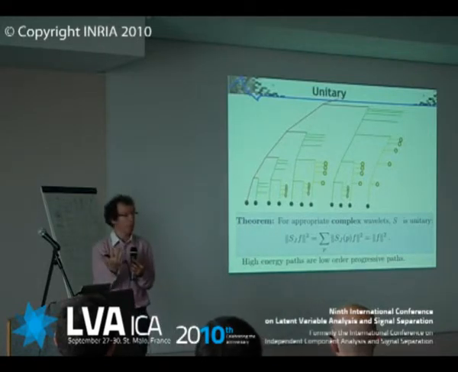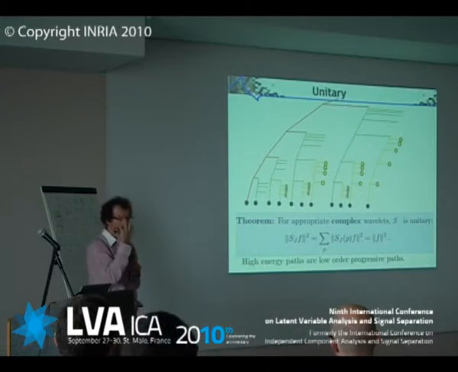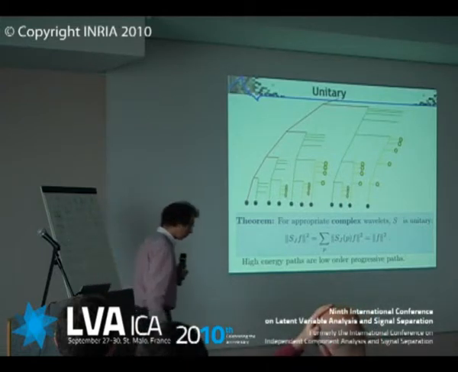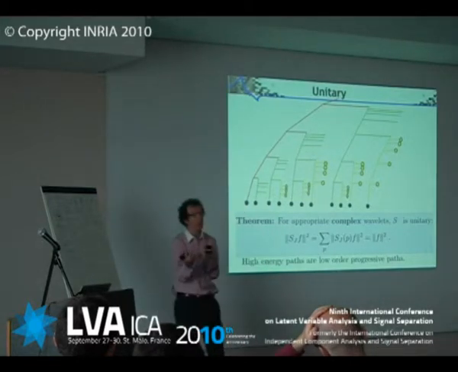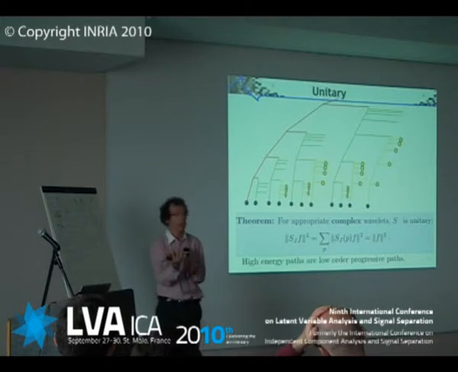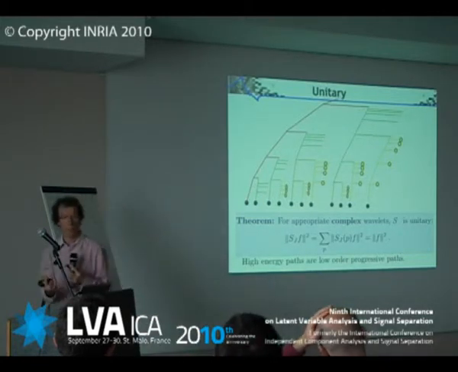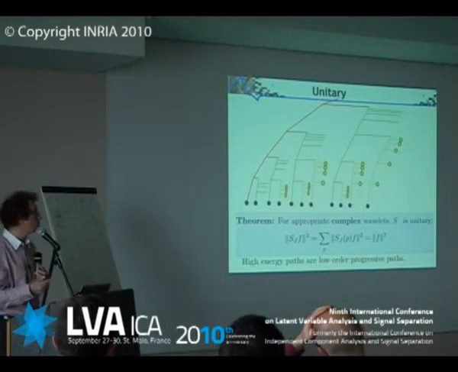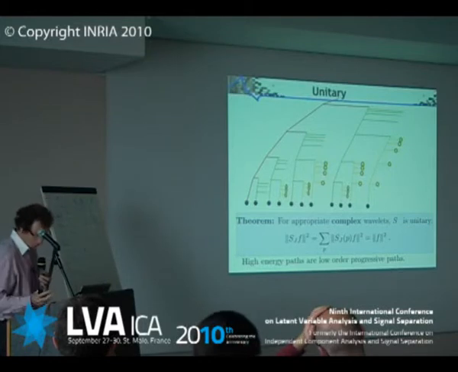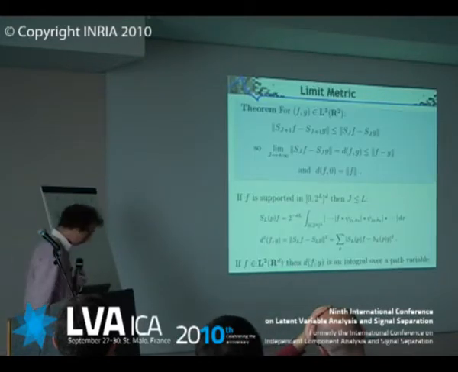That means that in fact you have very few paths that carry the energy. And that's again in analogy with quantum physics, where you have this infinite number of paths, but then you have this Feynman diagram which tells you, well, but out of all these paths, there are very few around the classical path and around other paths where you have a non-zero probability to go through. And that's similarly the same kind of property happening.